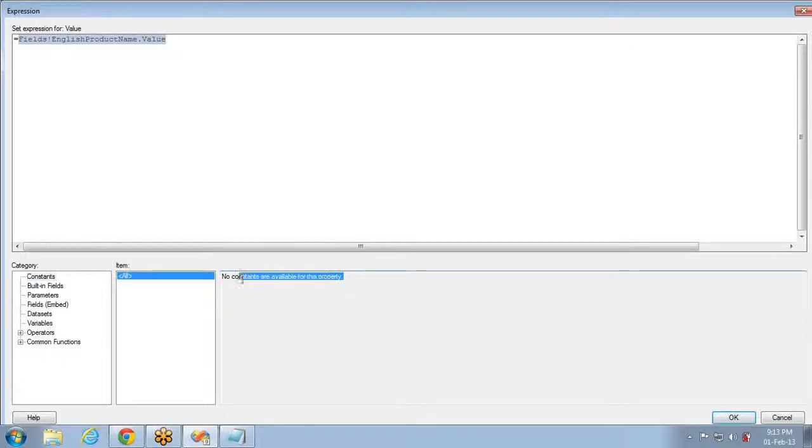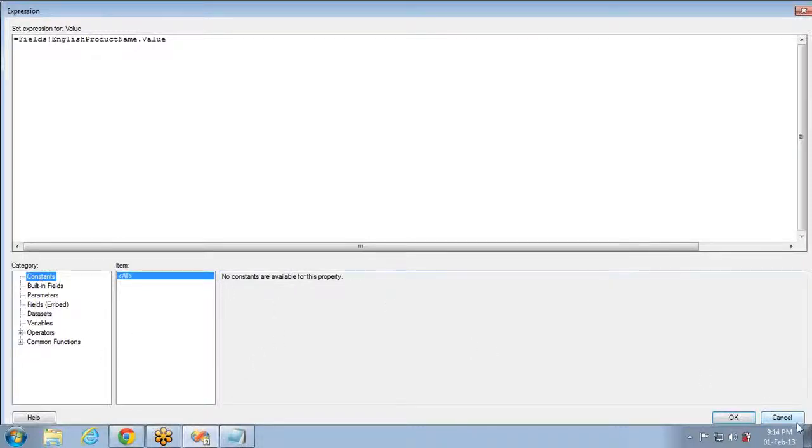No constants are available for this property. This is the place where you will find the values. Now, there is nothing to explain about this expression part. First, let's start with the different categories that are available in the expressions page. What is the first one? The first one is constants. What do constants mean? Constants are nothing but the ones which won't change, that is, fixed. While execution is going on or while the report is rendering, these constant values will remain the same. It won't be changed.